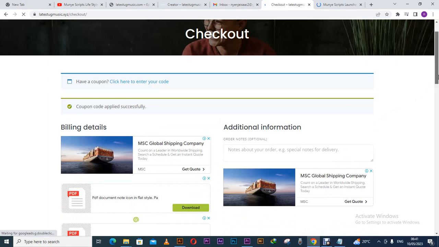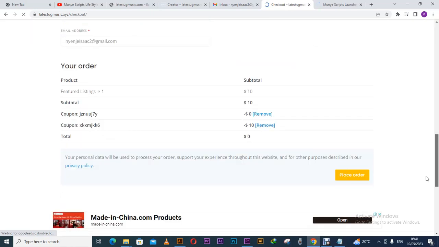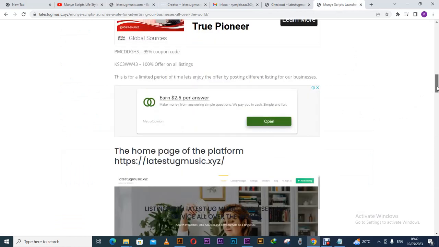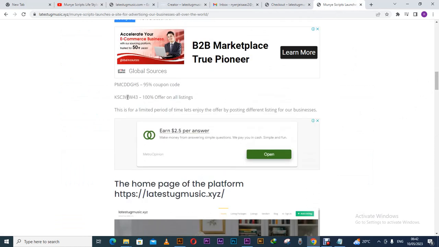Successfully. Code applied. So are you seeing this? So let me first remove this. This one has given me a 100% discount on this offer, meaning that I have nothing to pay. There is also this other coupon code that basically gives you 100%. So you can use any of these coupon codes, whichever one works for you on a given